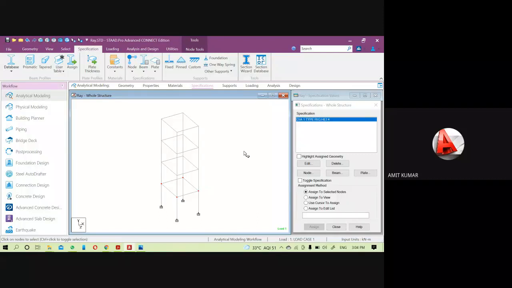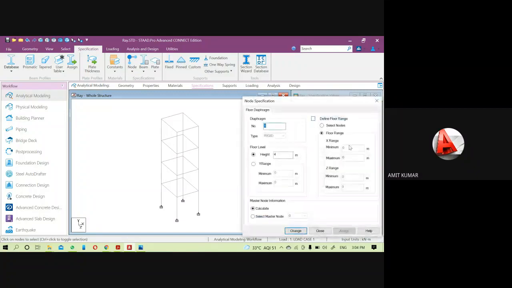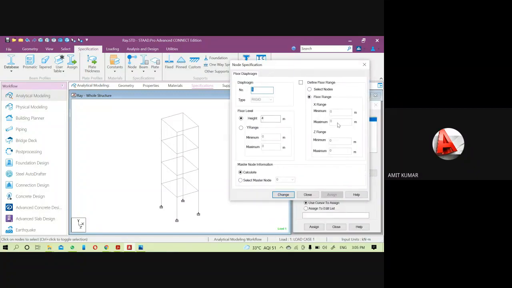That's why I'm not able to edit here. Or you can select the node from here also by giving the define floor range. Let me add it.